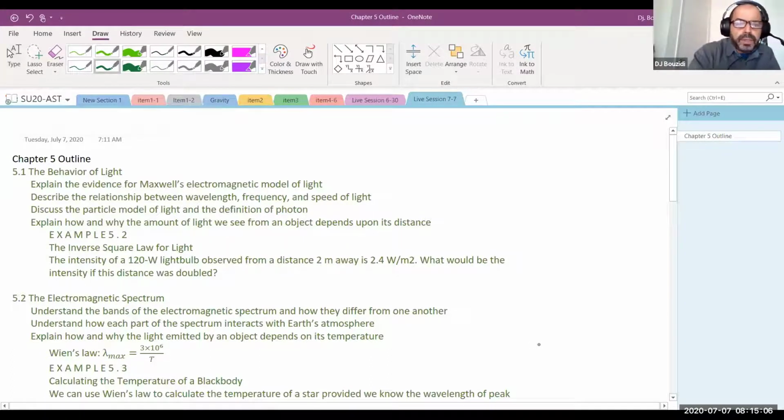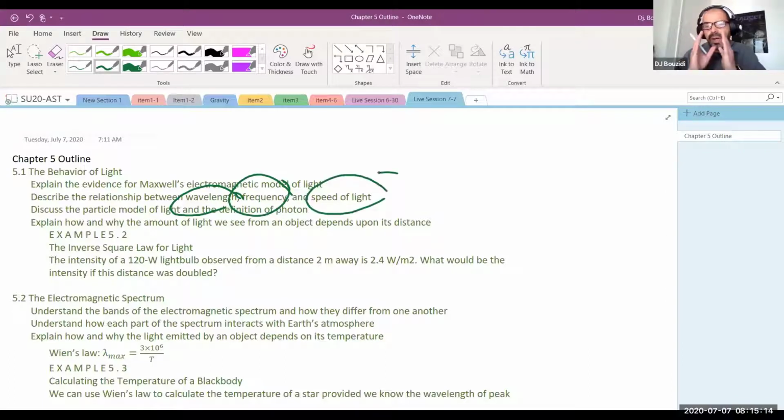They are wavelength and frequency, okay? The speed of light is the same for all of them. So if you have a blue light, for example, and a red light, the difference between them is their wavelength and frequency on one side versus the wavelength and the frequency of the other one. Light travels with the same speed in the same medium.